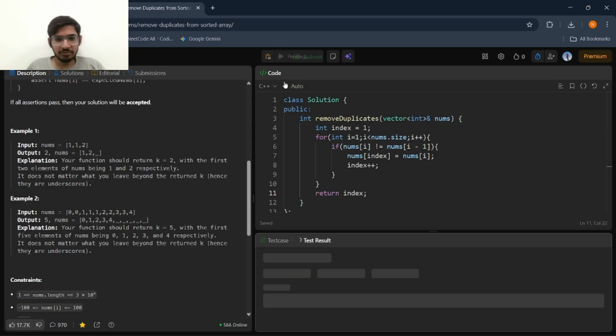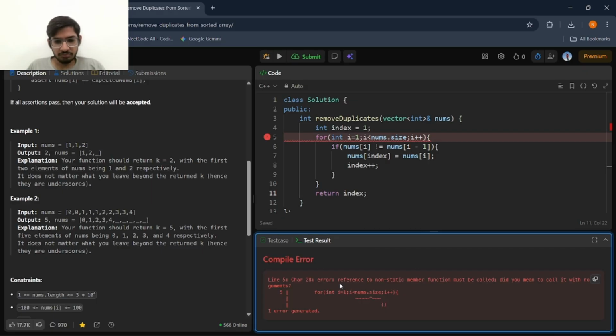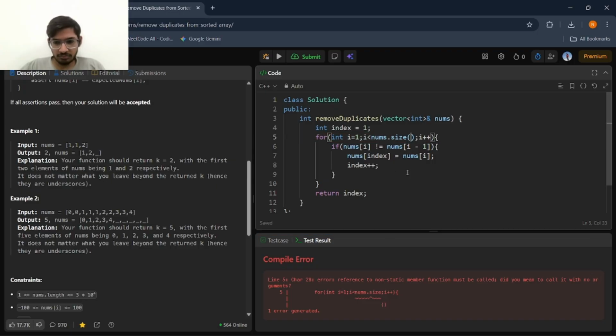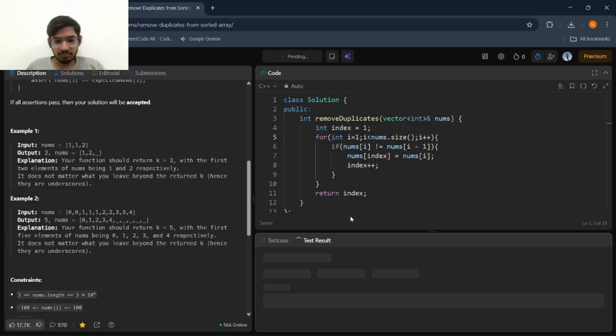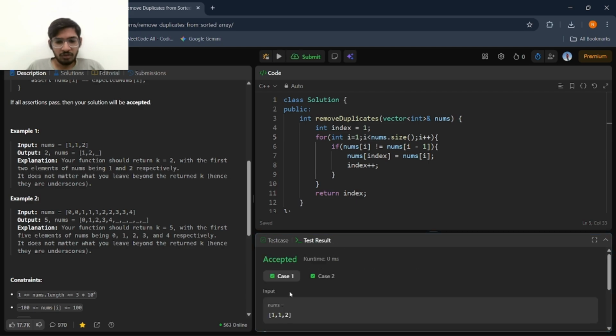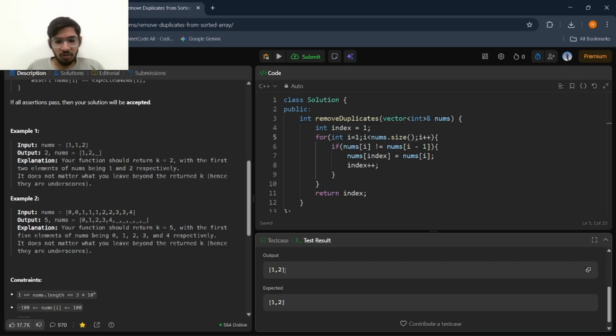Output is 1, 1, 2 and 1, 2 is the output.